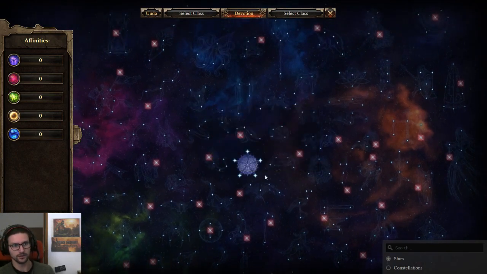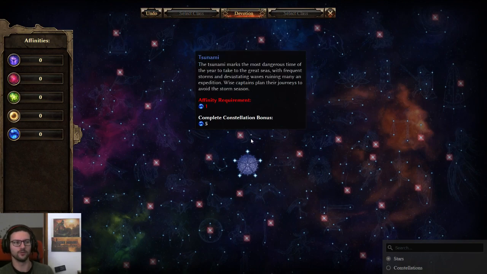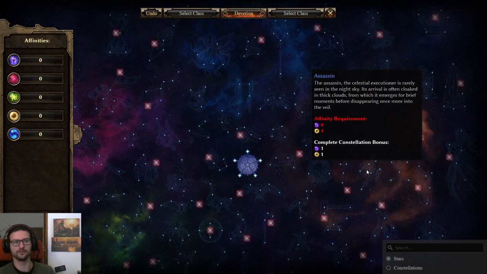Now, you also can distinguish tier 1, tier 2, and tier 3 devotions in this game. Tier 1 devotions are devotions that only require one single affinity from one single color. Tier 2 devotions are devotions that usually require either 2 or 3 different colors, and they not only require one of those, but more than one of those. For example, the Assassin requires 6 purple and 4 yellow, and it will give you, once completed, 1 purple and